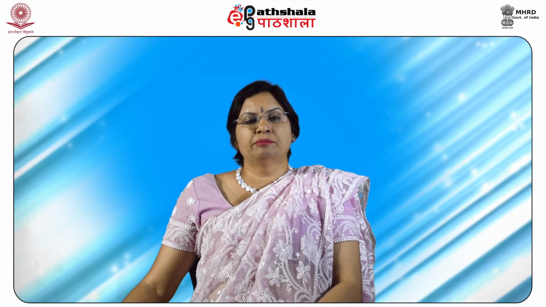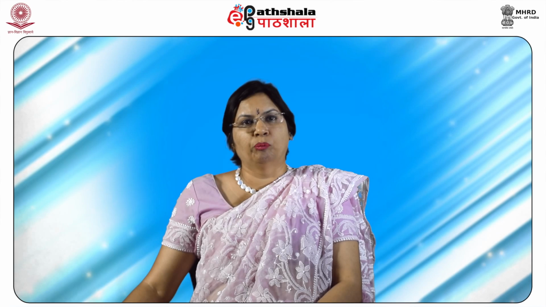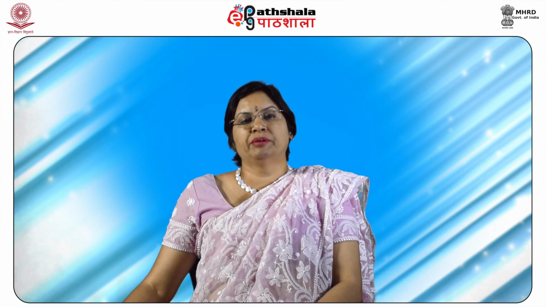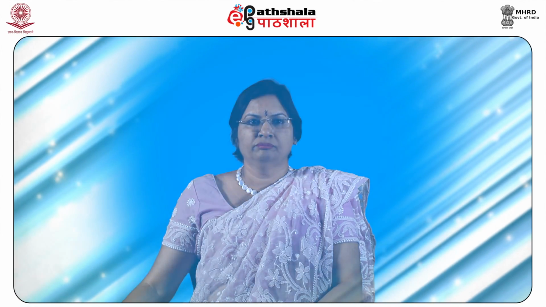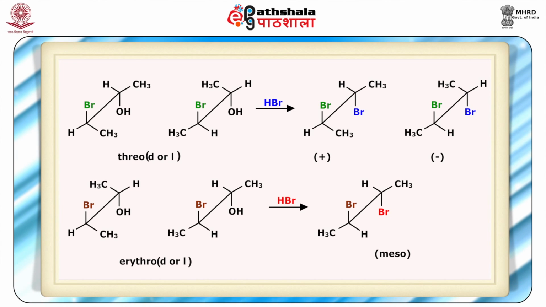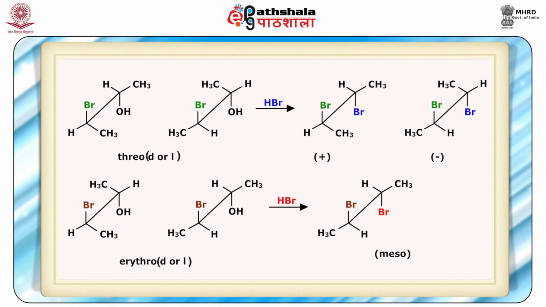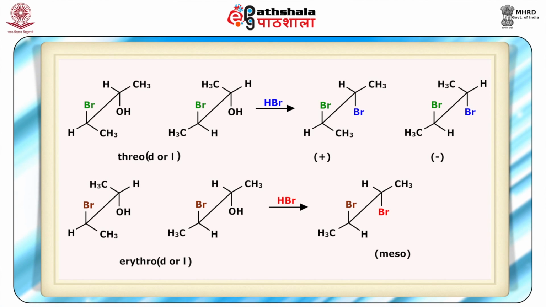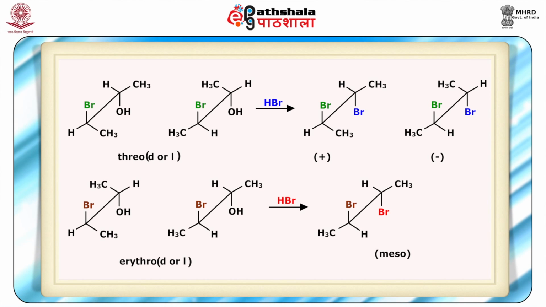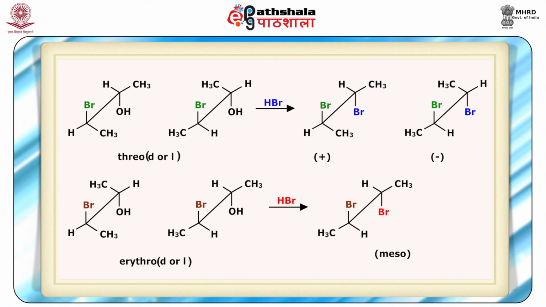At times the cyclic intermediates may undergo ring opening at two points competitively, so that some of the product is rearranged and some remains unrearranged. The initial existence of the phenomenon of anchimeric assistance was observed for the reaction where the DL pair of 3-bromo-2-butanol, when treated with HBr, gave DL-2,3-dibromobutane, where the erythro pair gave the meso isomer, and this we can see here as shown,